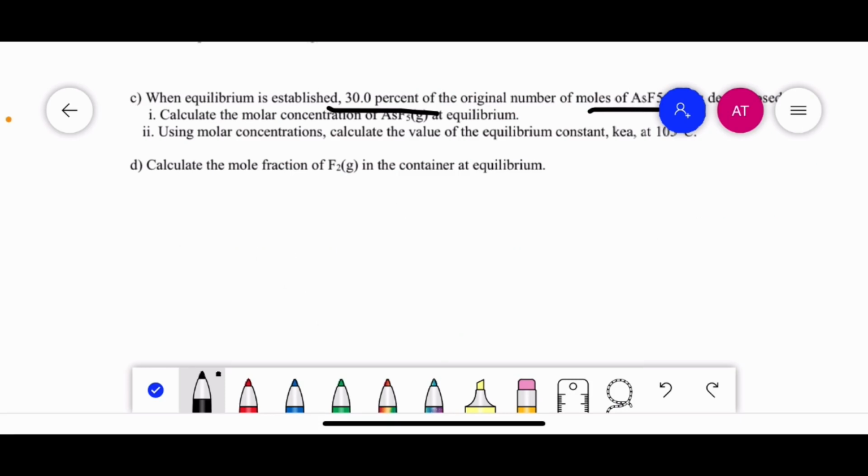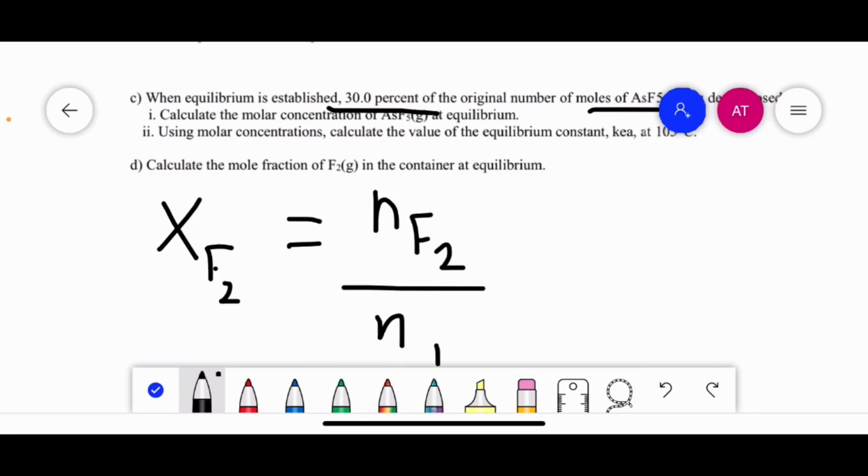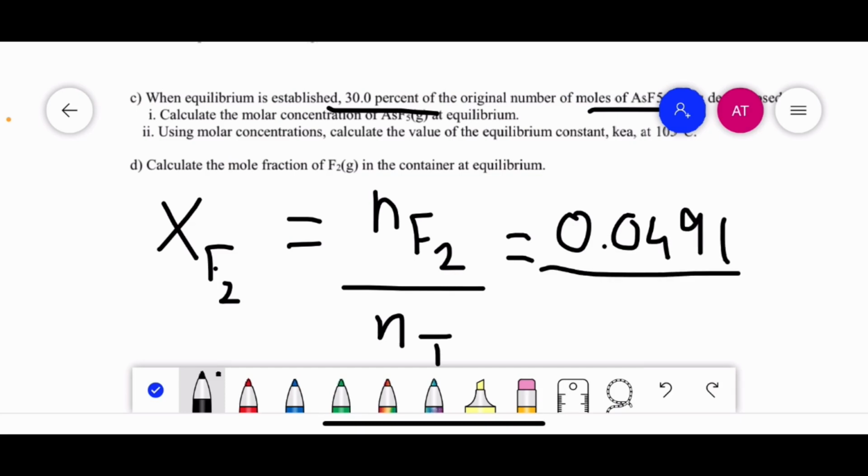Now part D asks us to find the mole fraction of F2 in the container at equilibrium. All we have to do is find the number of moles of F2 over the total number of moles, and we can get it. Now, to find the number of moles, we just have to multiply the concentrations we got at the end by the volume of the container. And if we calculate this, we get it to be equal to 0.0491 over 0.2126,